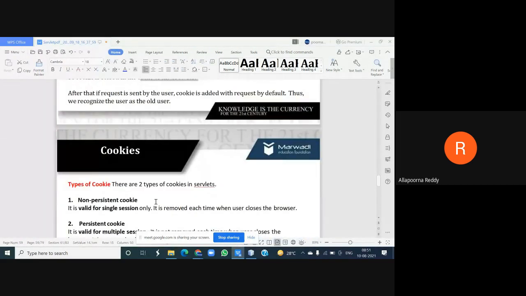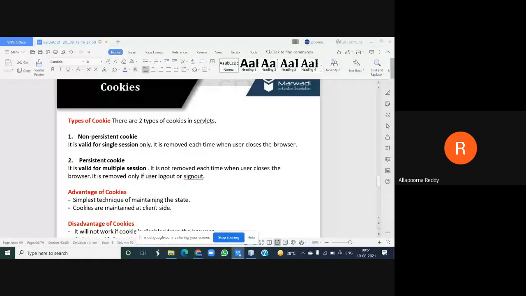Then the next step. There are two types of cookies we have: one is called non-persistent cookie and one more is called persistent cookie. You know volatile and non-volatile memories. In the same way, a cookie is also persistent as well as non-persistent. But what is the difference we found? It is valid for only one session.